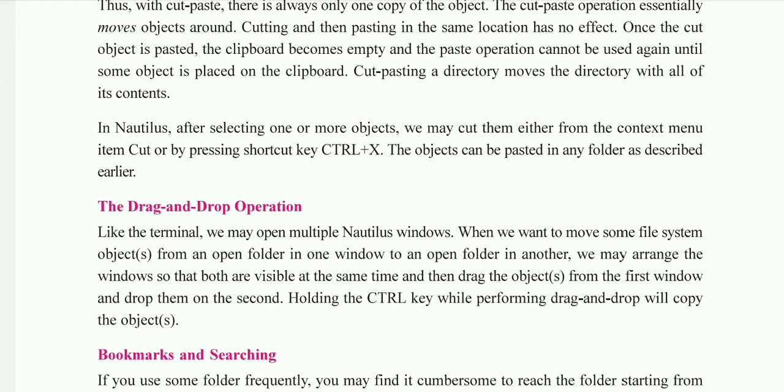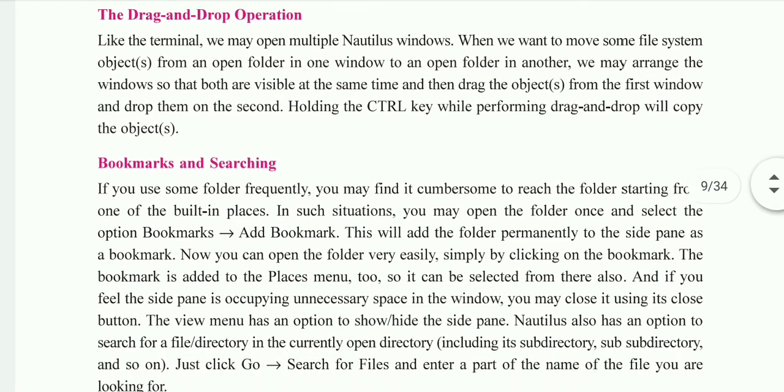Like this you can move the icons or the contents from one window to another window. Holding the Control key while performing the drag and drop will copy the objects. If you want to copy, then you have to hold the Control key when you are doing the drag and drop operation.